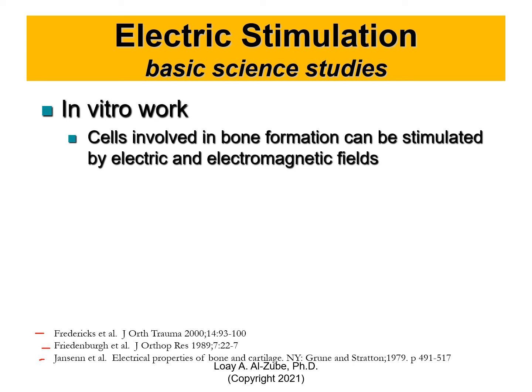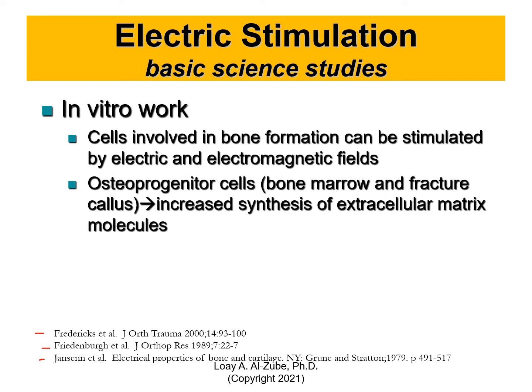When they did electrical stimulation for cells, they found that cells involved in bone formation can be stimulated by electrical and electromagnetic field. So what is the electrical stimulation going to do for these cells? They're stimulated, but what is happening to them? So we were looking at those. We found that osteoprogenitor cells, which means the cells that make osteoblasts, the ones that form the bone cells, from the bone marrow and fracture cells, they increase synthesis